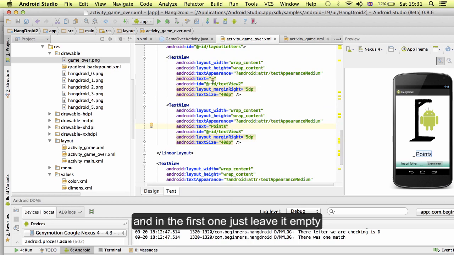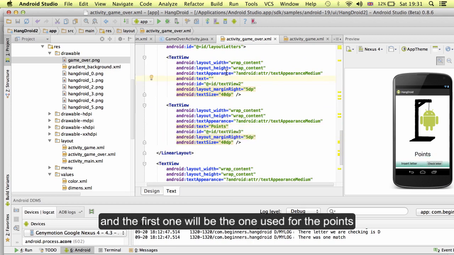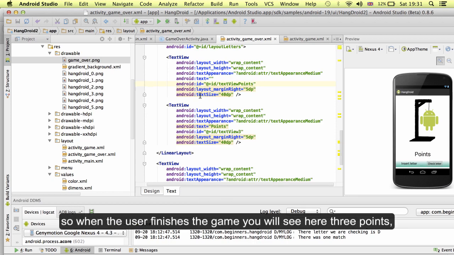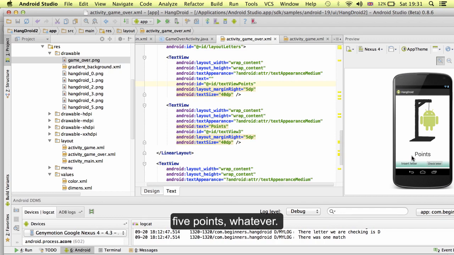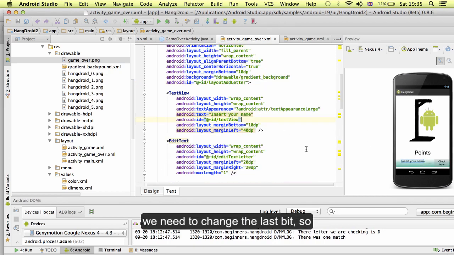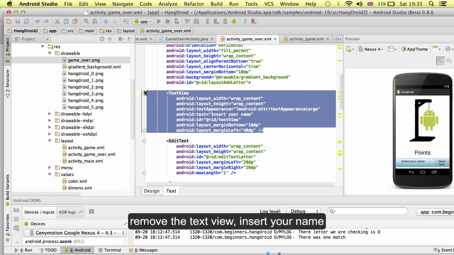and in the first one just leave it empty, and the first one will be the one used for the points. So we are going to call this ID text view points. So when the user finishes the game, you will see here 3 points, 5 points, whatever. Okay, so then we need to change the last bit. So remove the text view, insert your name,